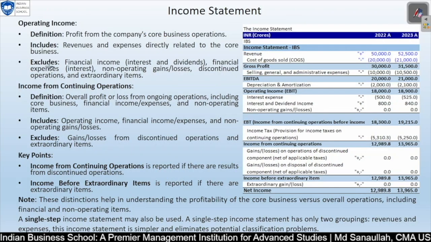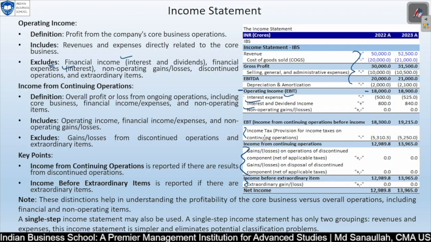What are the things which are excluded? Financial income, interest and dividend are excluded from your operating income. Before that point we will not consider interest income or dividends, even interest expense and financial expenses. There is nothing but interest expense and non-operating gain and loss. Non-operating gain and loss, and also items like tax and extraordinary items, will all be excluded from the